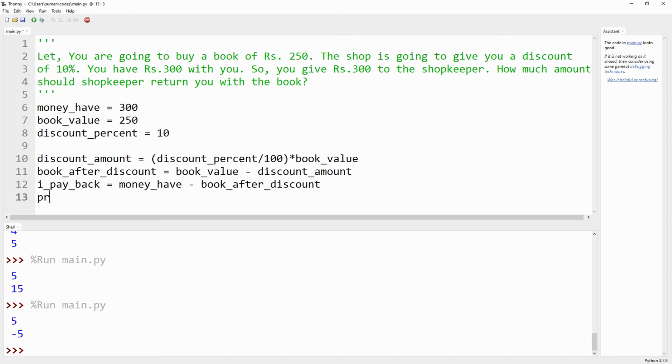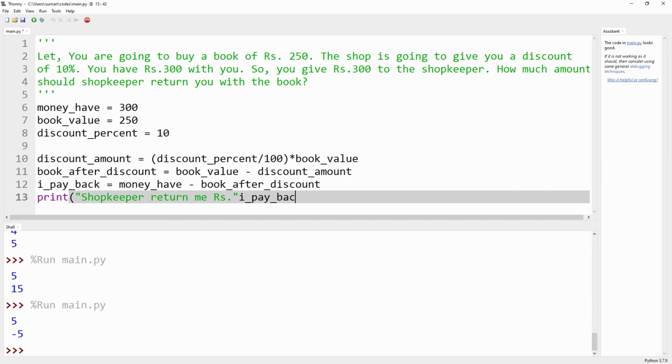So finally we are getting the output: shopkeeper return me rupees, and that one is I pay underscore back, comma.